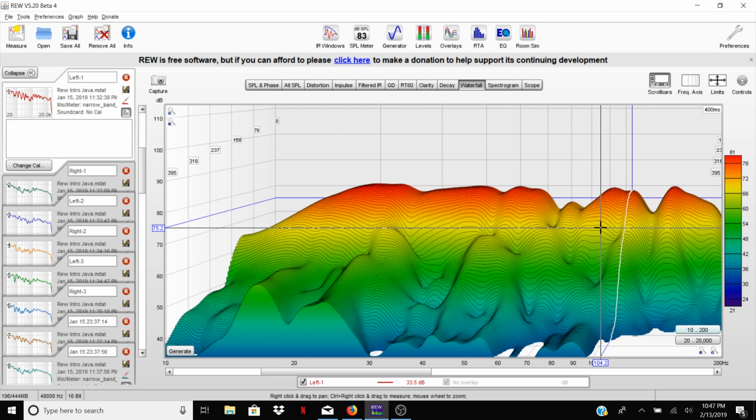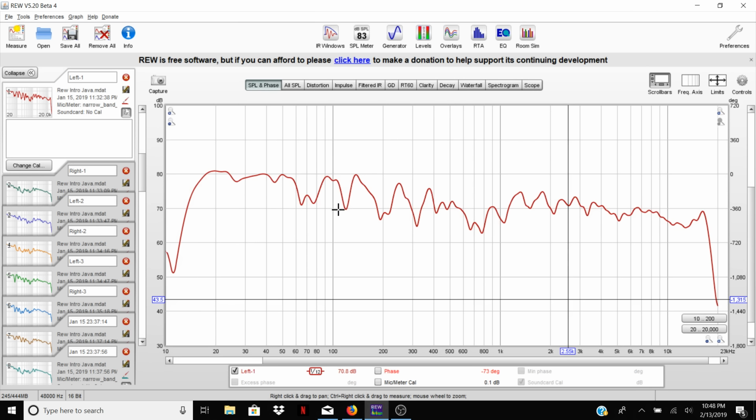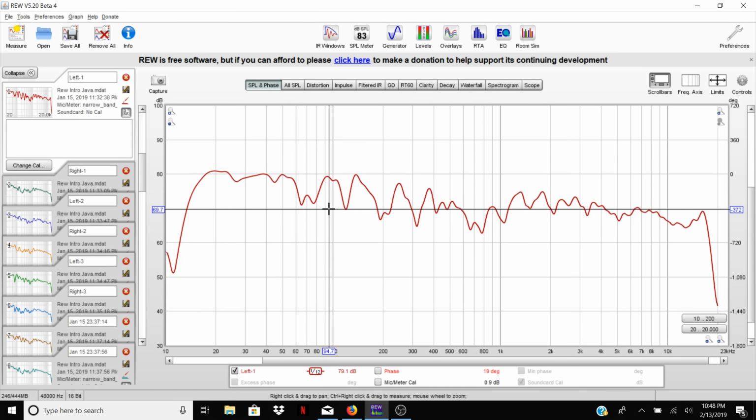So I have a big mode in my room at around 22 Hertz. It's a length mode. And if you look at my system, you'll see there's a little bit of a peak at around 22 Hertz, and there's some ringing at 22 Hertz. That's normal. That's what happens when you have a little bit of ringing. And if we were to reduce that, for instance, with some EQ, or it would take a huge bass trap, but if we had a bass trap to get rid of that, you would see that that actually would largely go away. So here I am going back and forth between the steady state response and the waterfall